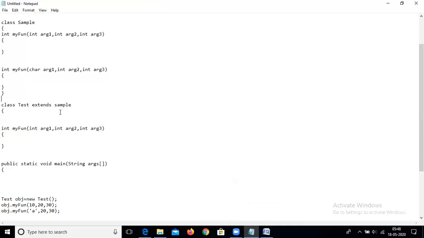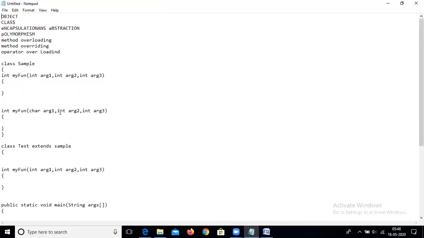The third thing is operator overloading. Operator overloading is also a very important concept. If some language says that it is an object-oriented language, it must follow all the concepts of object-oriented programming. It is not a property of any one language. If you are working in Java, Python, C++, .NET, or any object-oriented language, the language must follow all the concepts of object-oriented programming.